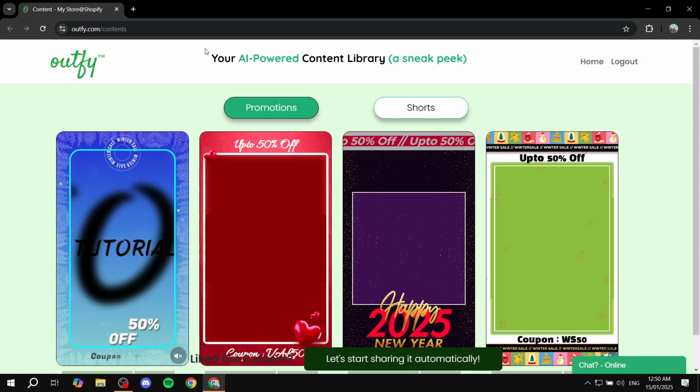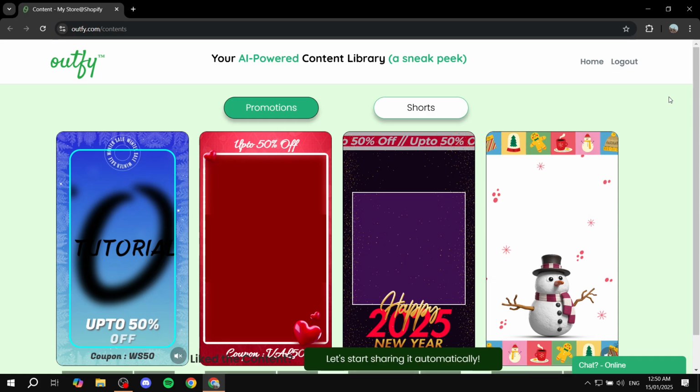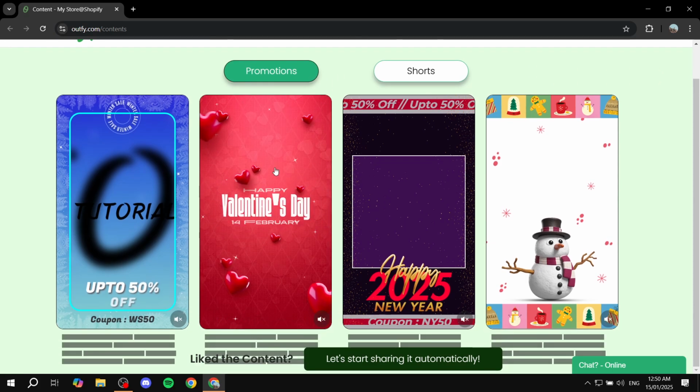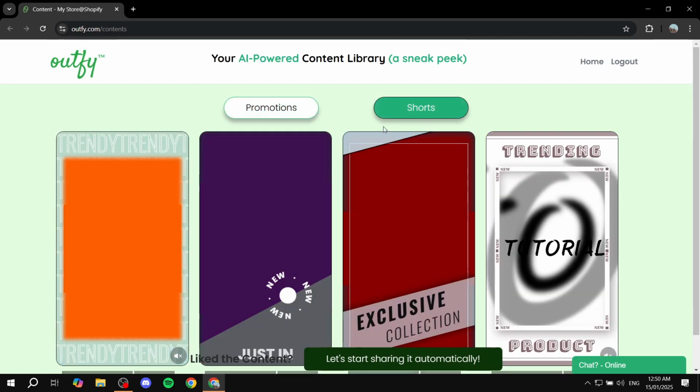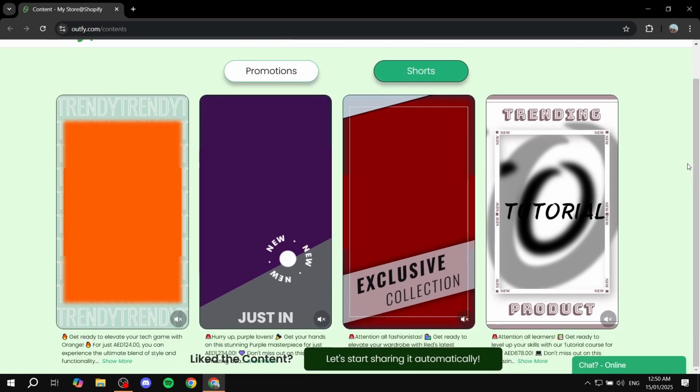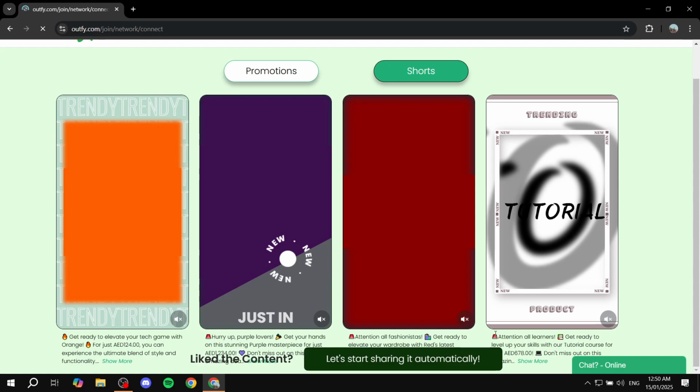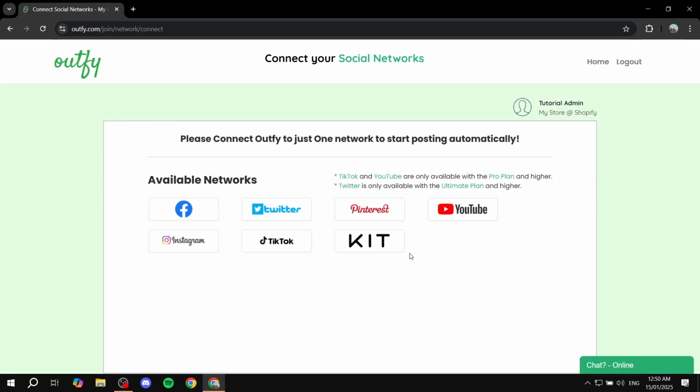Okay, so now that we are inside, we can actually start by selecting one of the templates that are in here. But I'm actually just going to skip ahead and click on start sharing it automatically. And in here, we are going to basically start connecting our media platforms. So whether it's going to be Facebook, Twitter, Pinterest, YouTube, Instagram, TikTok, or even Kit. So in this case, I'm just going to go ahead and connect the Pinterest option, because with the free version,